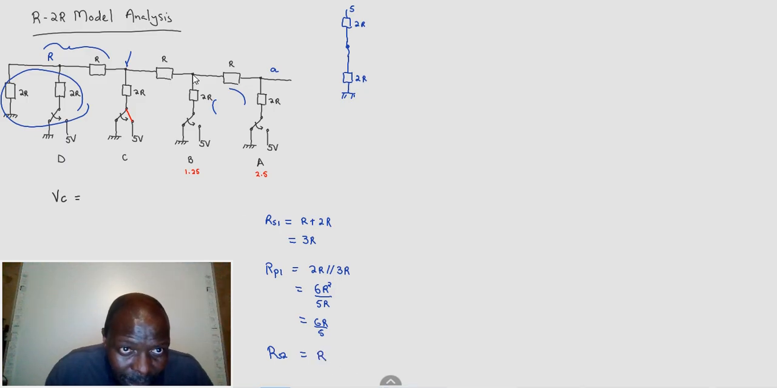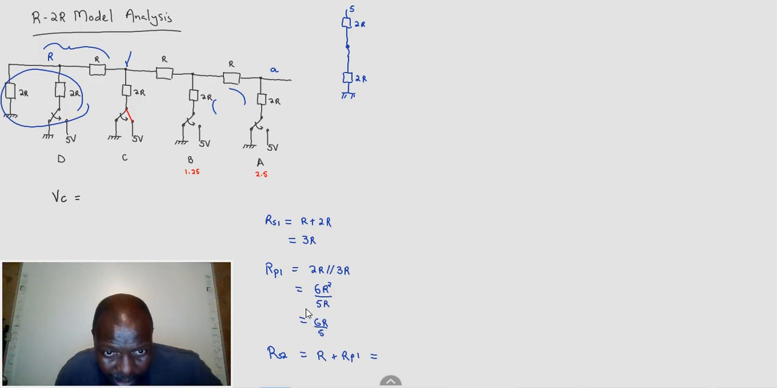That R. And then in series with this is the parallel set, which is R parallel 1. And it is easy because it is R plus 6R over 5. This can be 5R to make it one common denominator. This can be over 5 as well. So that makes this 5R over 5. 5 over 5 is 1, so we haven't done anything wrong. So this is 5R, that's 6R, that's 11R